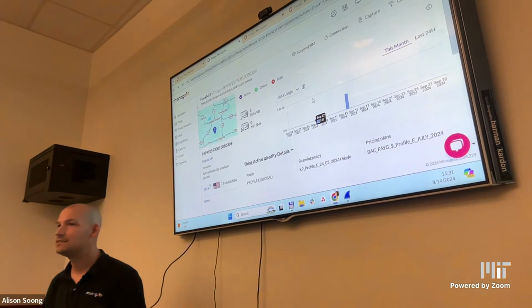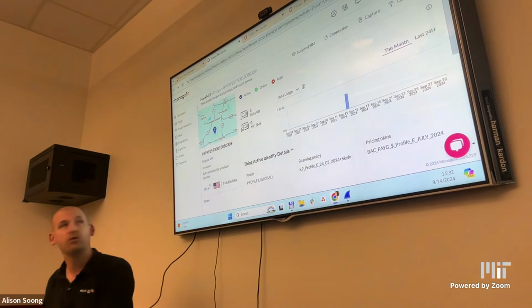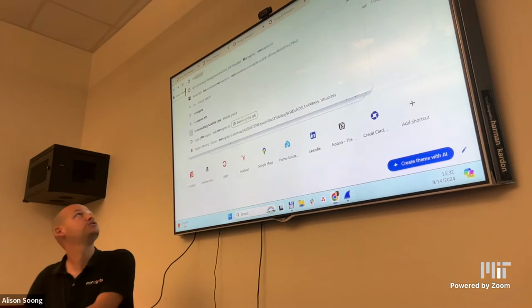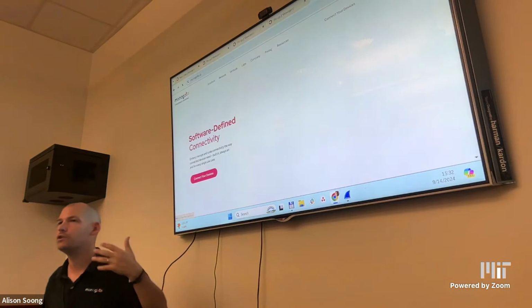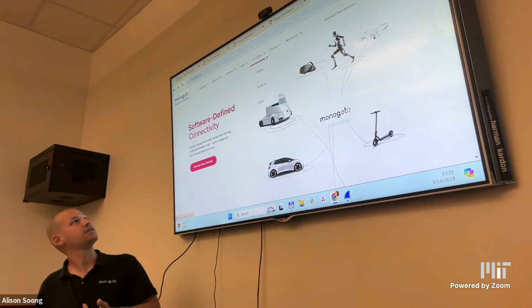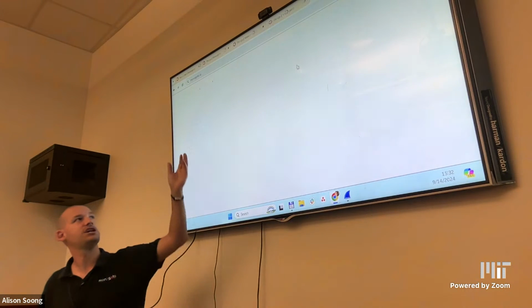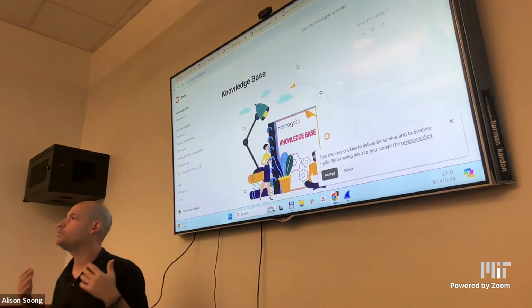Now, the last thing I'll say, in order to have all the information with you, you need resources. So when you log in, you can see the resources, but you don't need to be, let's do monogoto.io. You don't need to be a Monogoto user in order to get the resources. So here you can see the resources, you can see the documentation, you can see some blog posts, and from here, you can get started with everything.